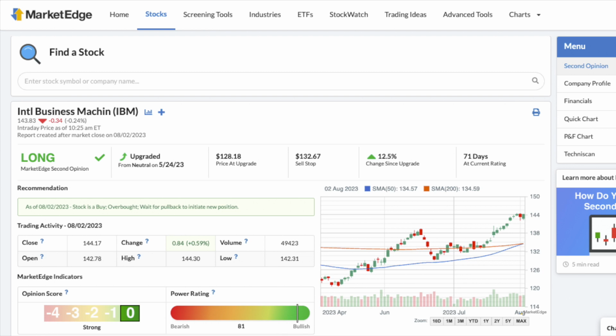Now, the core of the MarketEdge website is what we call our Second Opinion report. Second Opinion sums up the status of several technical indicators and chart formations into an intermediate term forecast, which we call the opinion, for over 4,000 stocks on a daily basis. The beauty of the MarketEdge opinions is that they are computer generated based on conditions and indicators that historically have had significance in forecasting a stock's short to intermediate term direction. Again, think of it as a similar exercise to your friendly weatherman, who interprets the output from several computer models to create a weather forecast. It's the same deal. Let's take a look at the similarities.